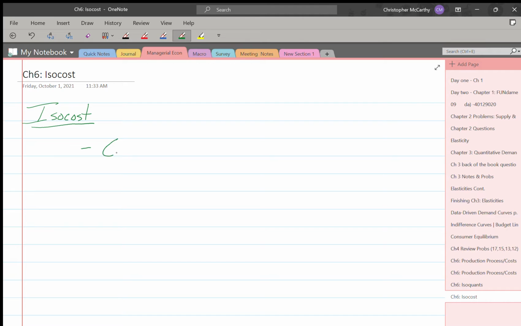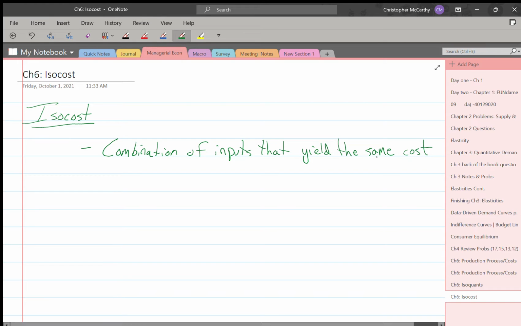But an isocost is just a combination of inputs that yield the same cost. That's where that iso prefix is coming from. And so it's going to equal the same cost, and we already know that W is the wage